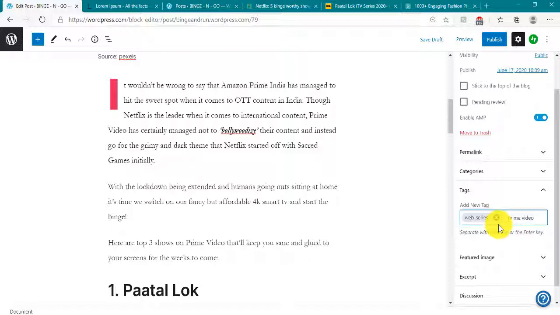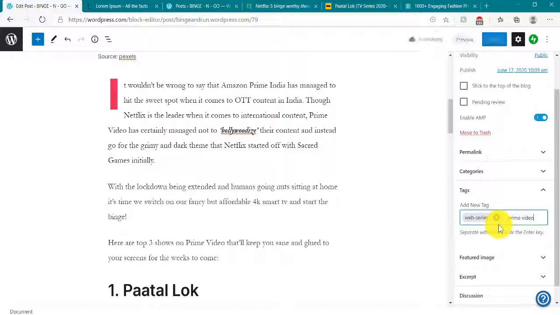Now if I click on web series, it will take me to all the posts that I've written under the web series category, and under web series you will also have different tags, right? You will have subtopics. Suppose you're a personal blogger writing about South Indian food; under South Indian food you can add separate tags like dosas, idlis, uttapams, or snacks, and that is how you can categorize your content. I would suggest you try this out for yourself, and then you will understand. This will work when you have multiple posts on your blog, not a single post.